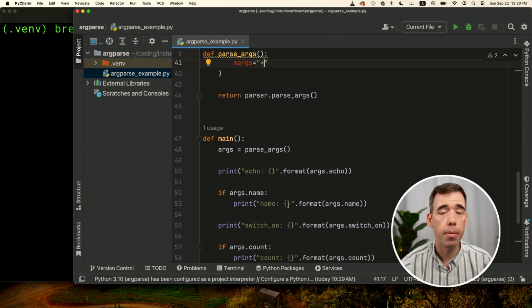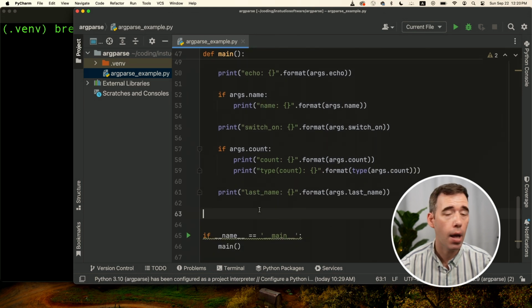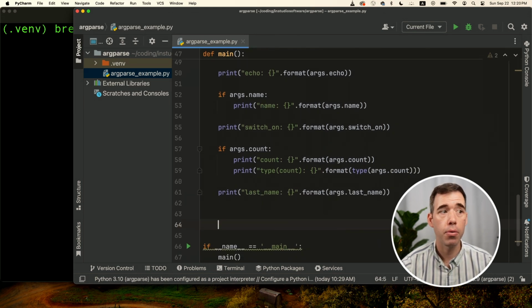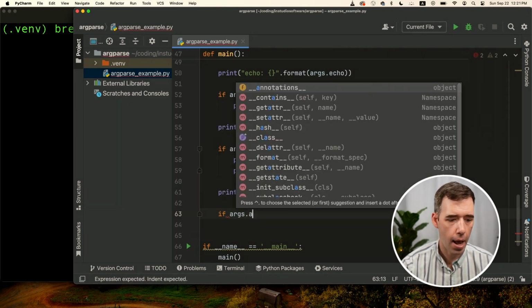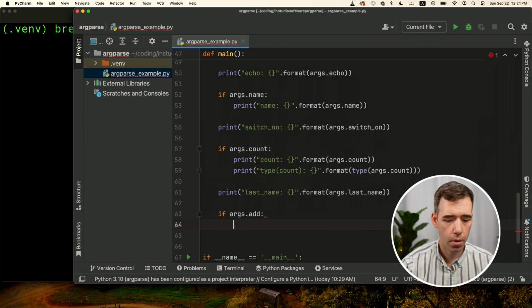So let's go down to the main function, and I will add another print statement for us to show the output, and then we'll go ahead and run it. print add